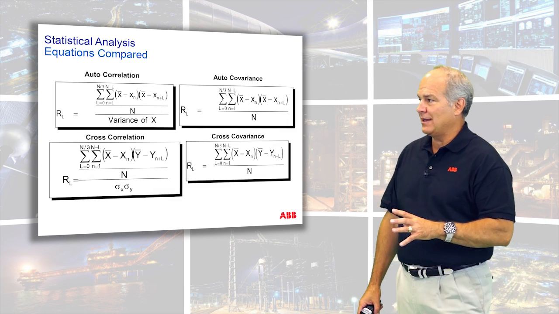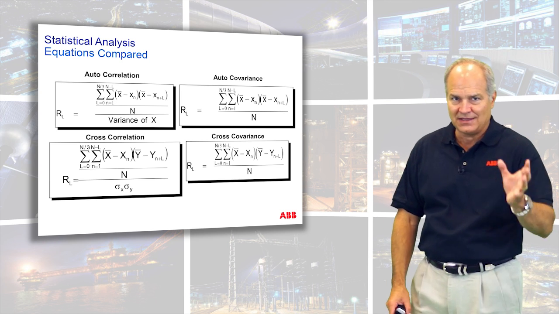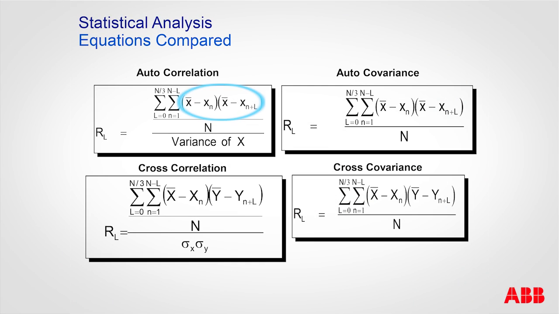Now the math, when I compare the equations, just for you guys that like the math: the autocorrelation, you can see this was your variance, and I split that apart and you divide by the variance. So you start with a 1 on autocorrelation. You can see the covariance, or the autocovariance, we don't normalize it. So this one starts at the variance. Cross correlation, it starts,